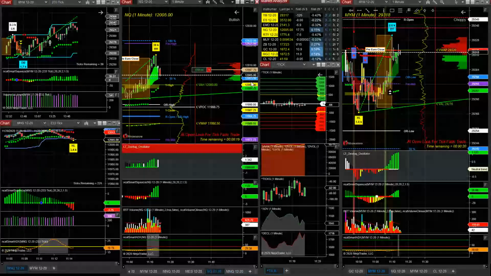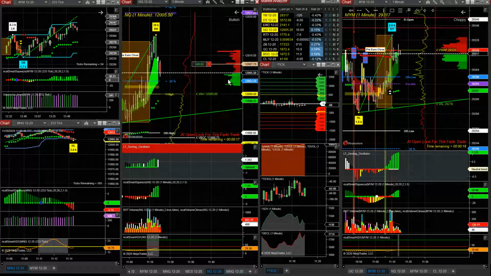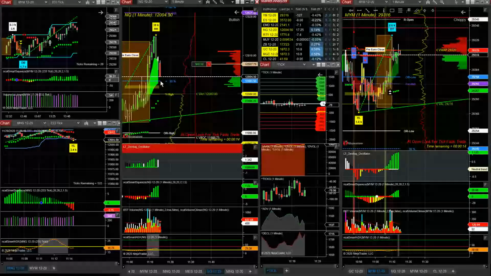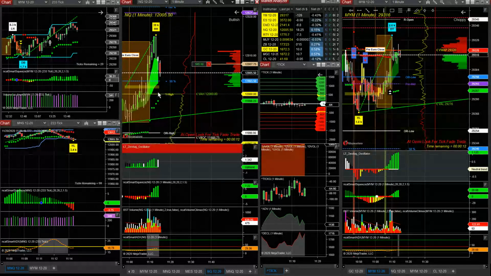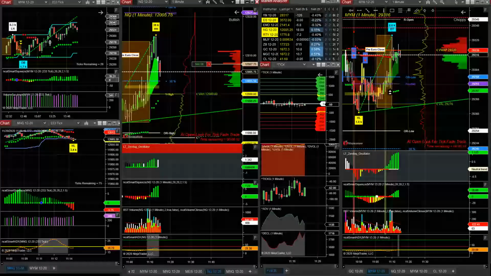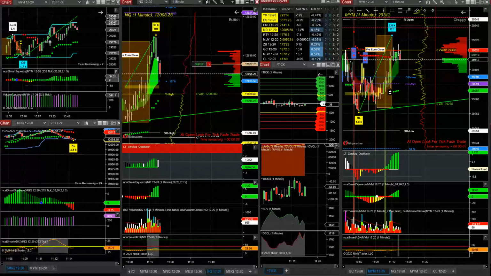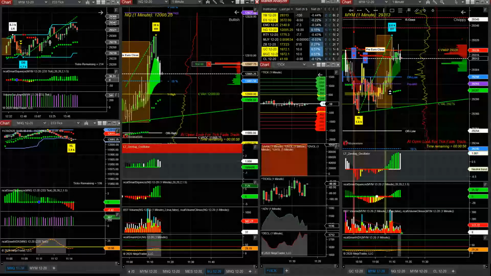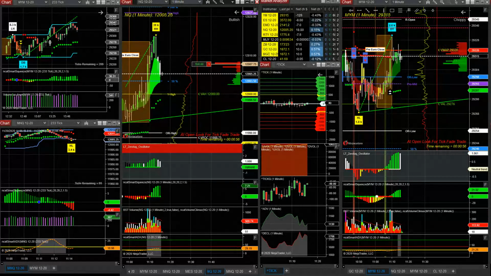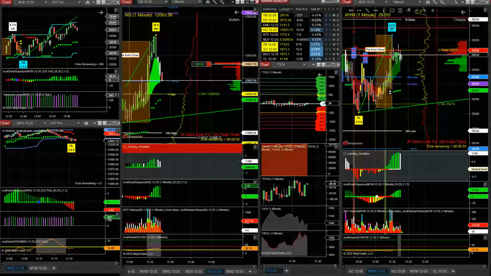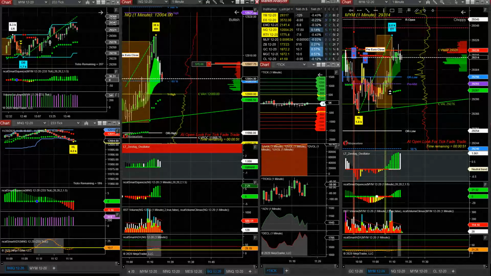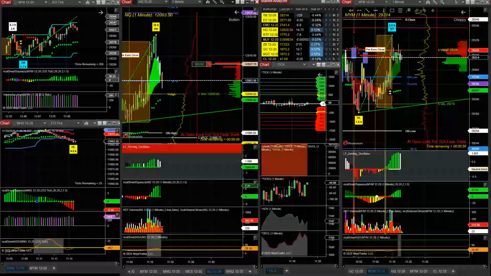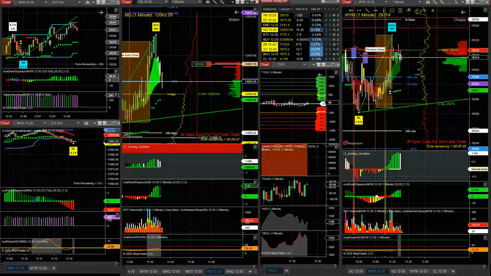Okay, this one's working. So we want to break the 50% mark and come into the value area. Same play that we had before, right? This was a better short up here. I just didn't take it. I don't know why I didn't take that. But anyhow, we're still making money, right? Bam. Value area. Come on, value area.